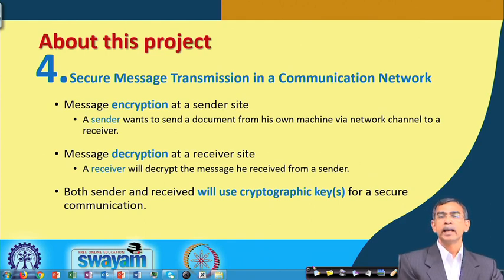Now, that document will be encrypted by the sender. So, the sender will do the encryption, and the sender should use one key, called the cryptographic key. Similarly, whenever the same document is received by the receiver, it will be decrypted, that means converted into the original form, and for this conversion, called decryption, again we need some keys, maybe the same key or a different key. Now, there is a concept that I am going to discuss about how the same key or different keys can be used for encryption and decryption. So, it is basically the idea of the cryptographic key.